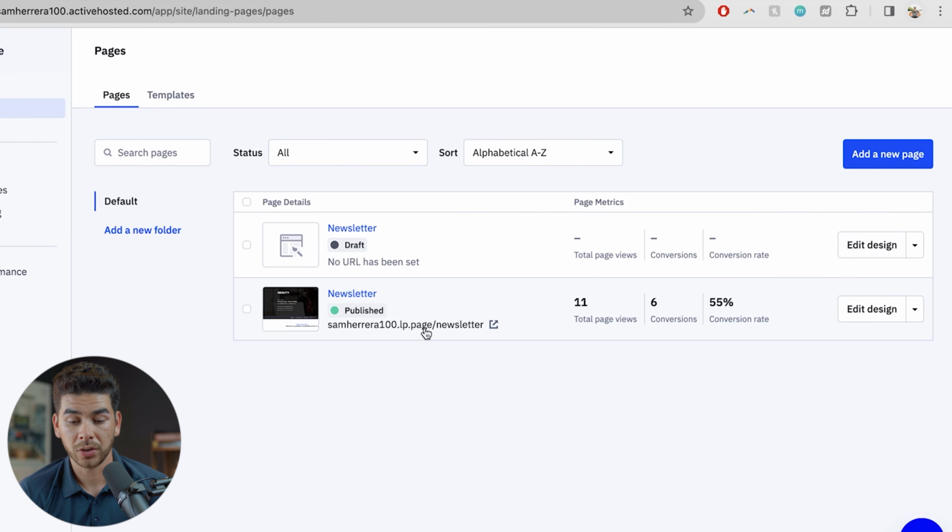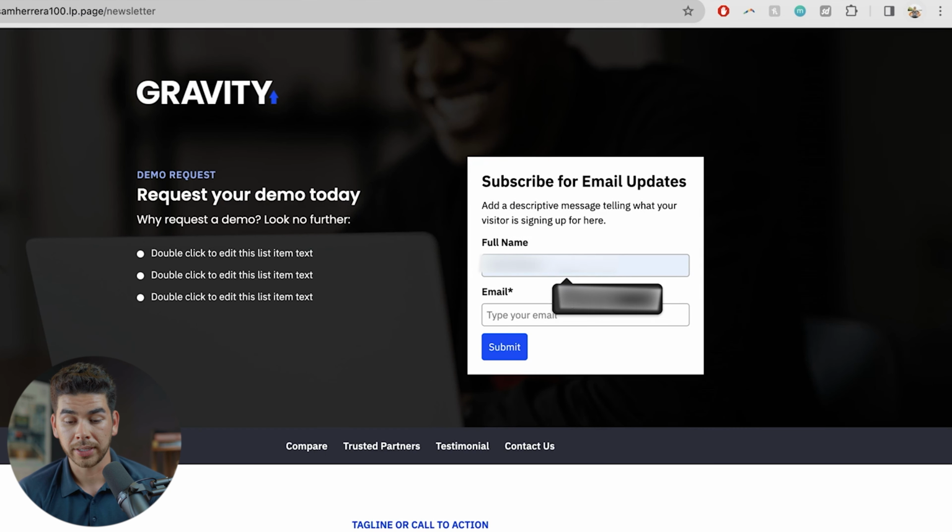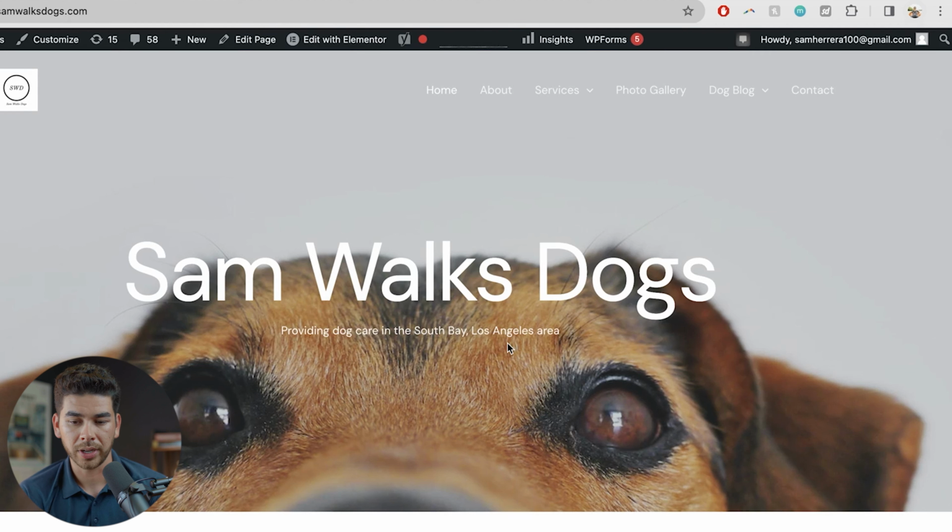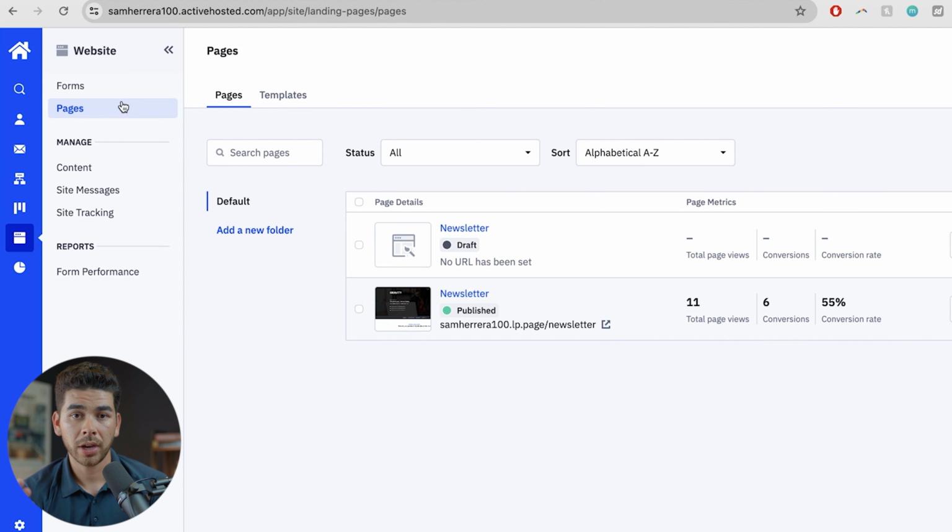So let's go ahead and just click on this button here under our published page. And then we'll go ahead and type in our information and click submit, and it should open up my website. There we go, instead of the thank you page. So that might be helpful to redirect them to your website or some other page instead of just a thank you page. Okay, so now that we know how to build forms and pages, let's move on to the next